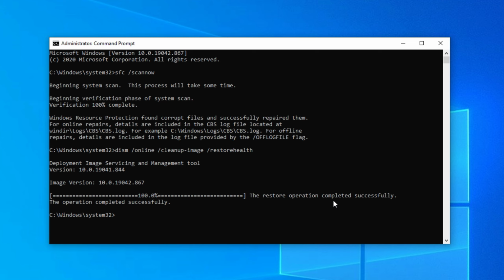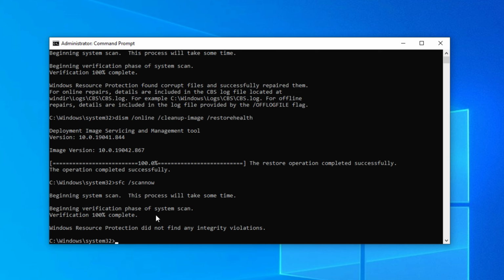So once you do that, you're going to want to run an sfc /scannow again. Once that finishes, hopefully it should say did not find any integrity violations. If it does, and this happens again, then I guess you could do this again and do that. So once you're done with this,